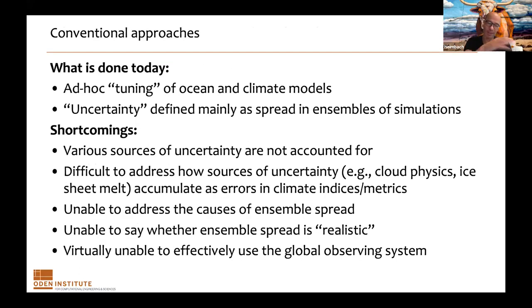Just to point out, in a very simplified and crude way, some conventional approaches of how we deal with it today. Parametric uncertainties often involve ad hoc tuning of ocean and climate models, where, given the inability to rigorously tune 3D fields of mixing parameters, we have single-valued parameters. Very experienced model developers know how to tune these parameters by comparing to models, but it's really more based on experience than on formal mathematical algorithms. Or the uncertainty is defined mainly as the spread of an ensemble of simulations, like taking the ensemble of different reanalysis products to look at how much we trust heat content changes. This is clearly a measure or an estimate of uncertainty, but